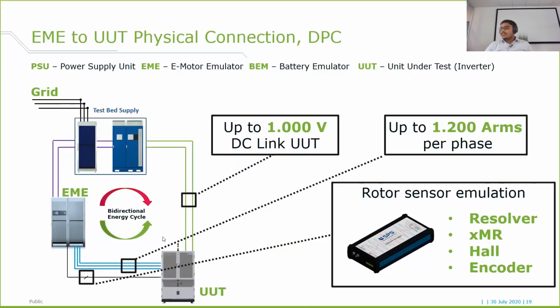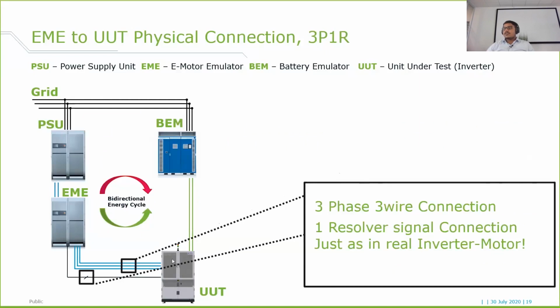The other connection or interface requirements still remain the same. It is just a three-phase, three-wire connection between the emulator and the inverter, just as we have in a real inverter and motor, and a signal connection between the resolver or rotor position sensor emulator and the inverter. That's it. If this connection setup is ready,